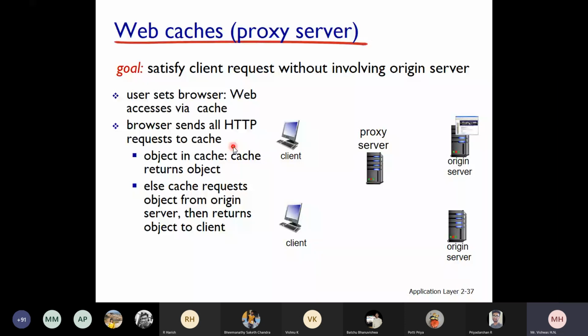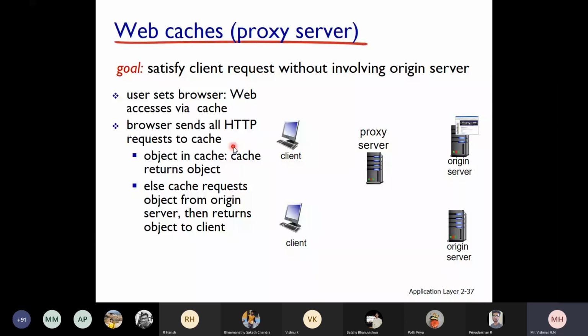Okay, so there is something called conditional get. You know what the get method is now, right? I hope the get method is clear to everyone. Yes, sir. Get method is clear to everyone, and now we are introducing another method called conditional get. Basically, conditional get is sent from the proxy to the origin server. What happens? You send a request to the proxy server. Even though the proxy has that particular web page, the proxy will send a conditional get request to the origin server.